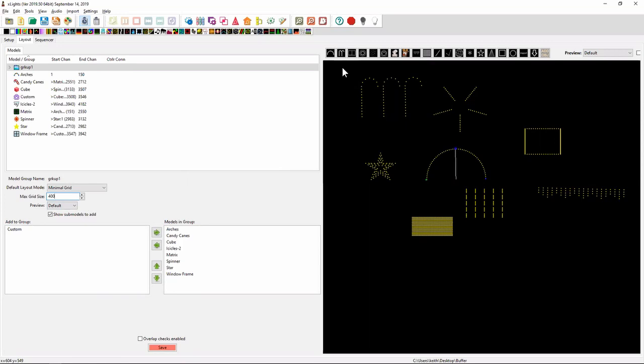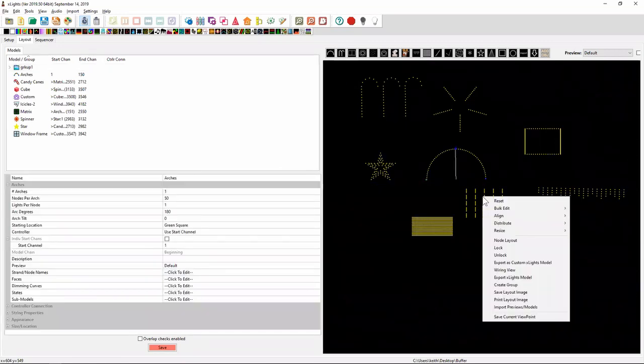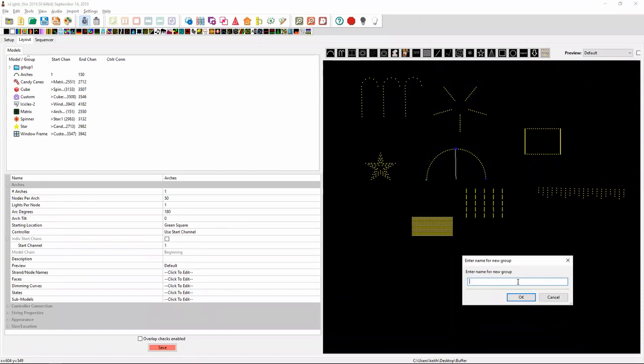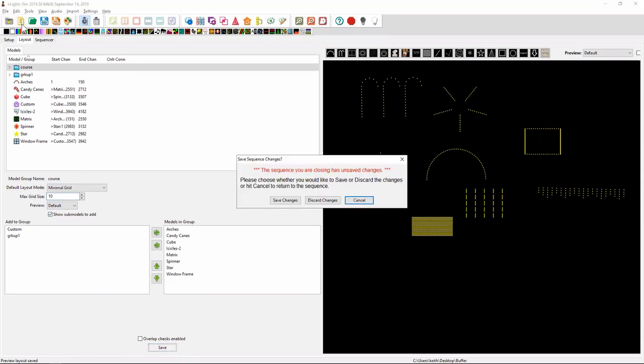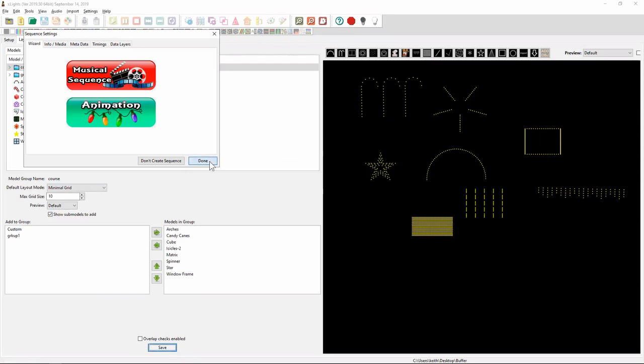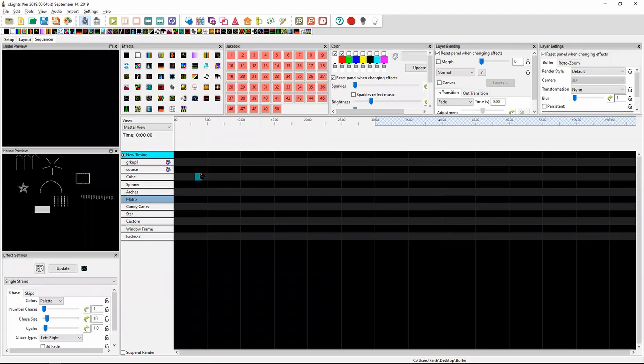So let's go and create another group with exactly the same models in it. Create group. Let's call this course. And what I'm going to do, and I think the minimum of this is 10, let's create another group where it's 10. Discard changes, done. And let's go and grab our single strand again, and let's throw it down first of all